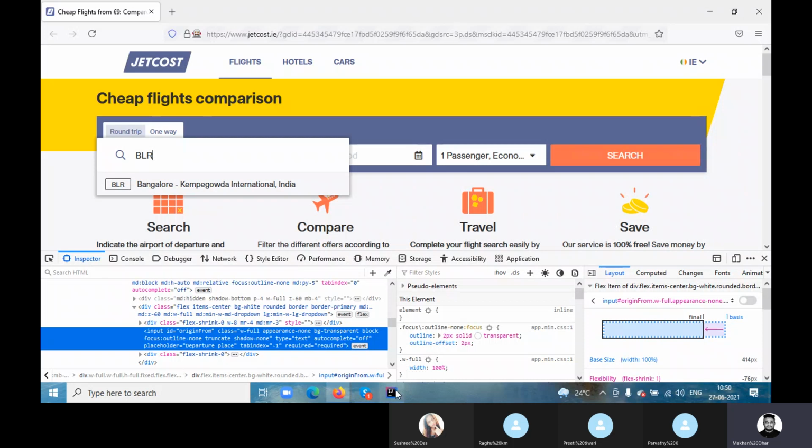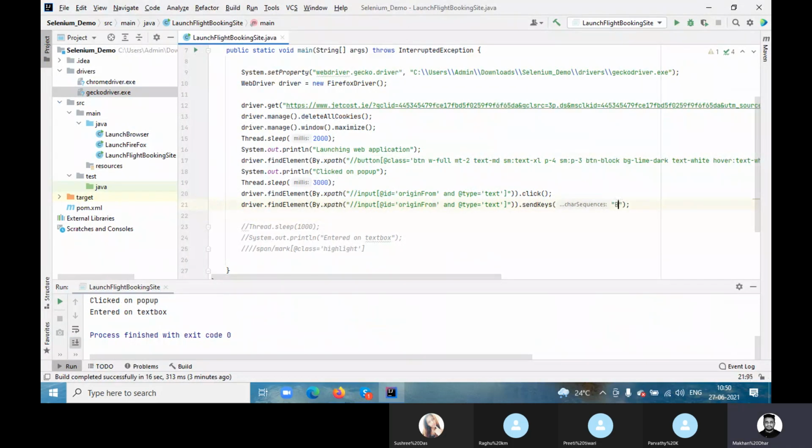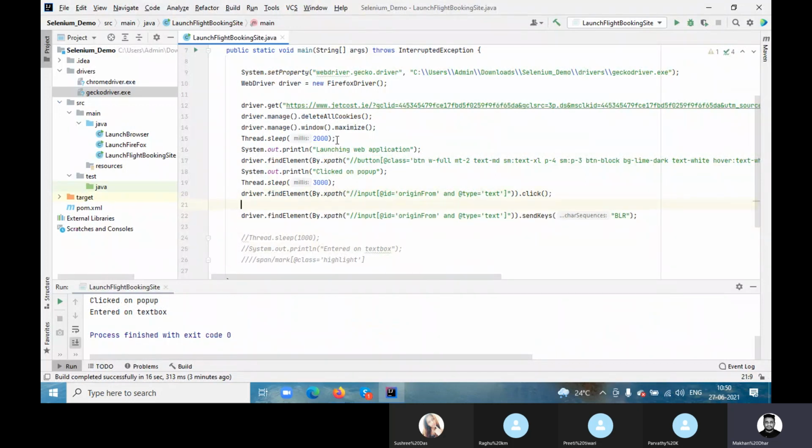So what I'm doing, I'm writing same BLR. Okay. So I will be using thread sleep because we should give some time to display that. Okay, so the thread I use, let's run and see.